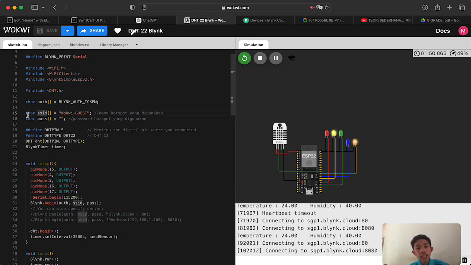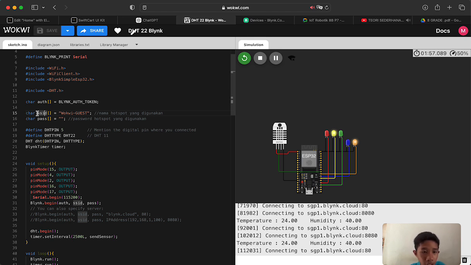Okay, for the char ssid, you can call this the username, actually, and for the char pass it is the password. For the username I use Wokwi-GUEST because Wokwi supports the connection.